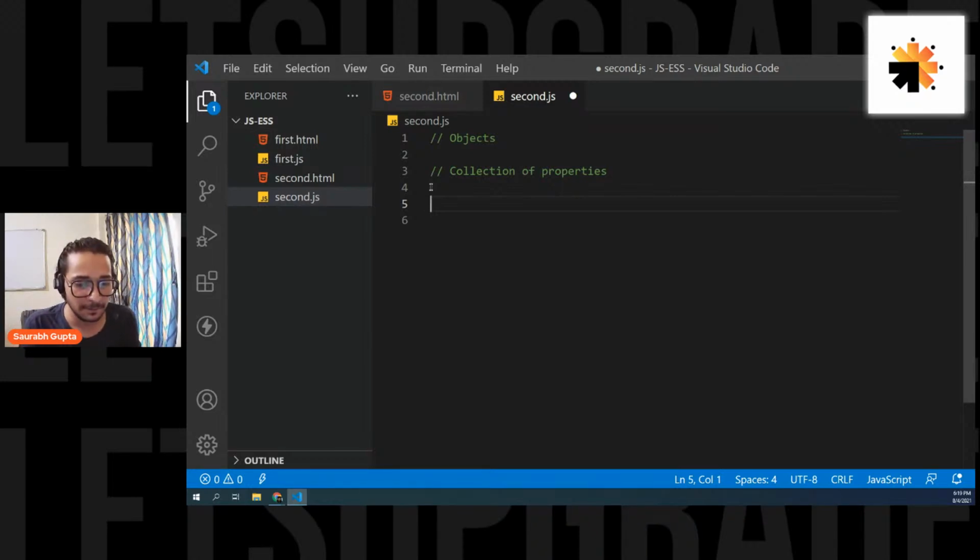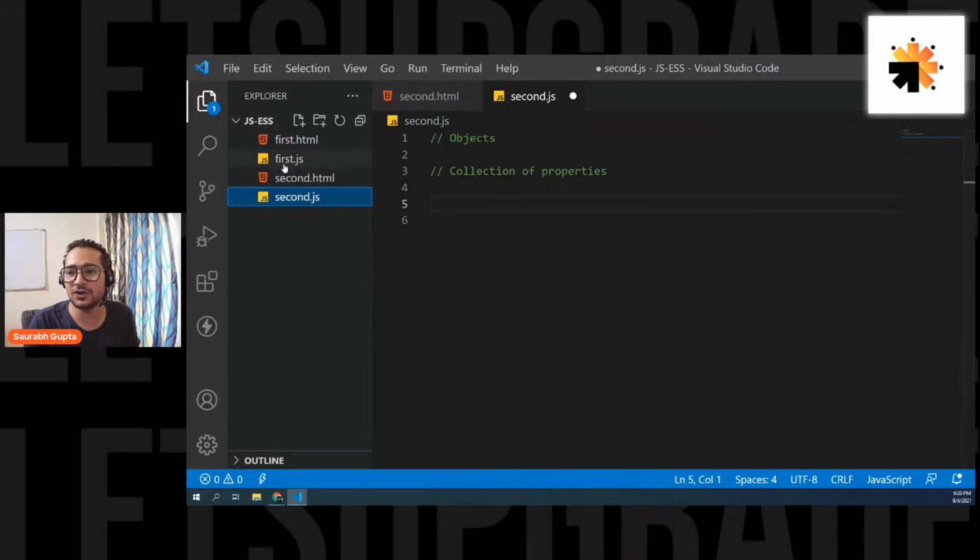Could you please tell when to use semicolon? Semicolon is just like you use it everywhere, just like normal programming languages. After the end of your particular statement, you can use a semicolon. Simple. But in JavaScript, semicolon is not mandatory. So if you want, you can ignore it. If you want, you can use it everywhere, just like C language and C++, where you have to use it after every statement.